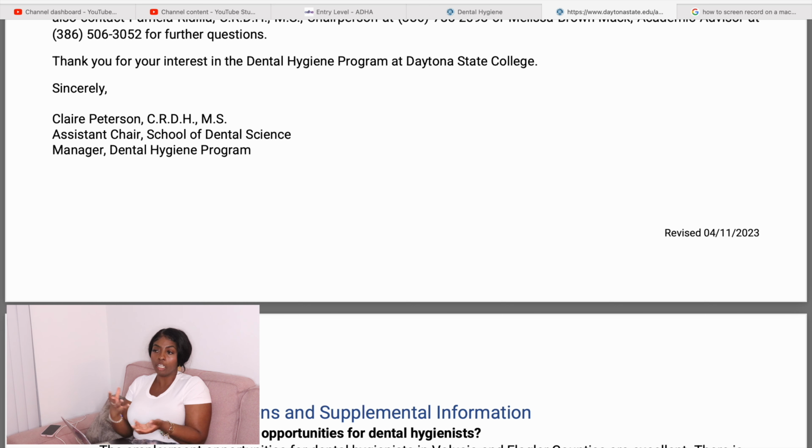I would have a designated notebook or a designated iPad note or calendar thing, just basically saying, okay, Daytona wants this, Concord wants this, this school wants that. These are their rolling admission dates. These are the dates that the applications are due. This is how much their application fees are. This is how far away it is from my house. This is how far away it is from school. This is how much money I'm probably gonna need. This is the days that they need. All of the important stuff, just put it all in one area